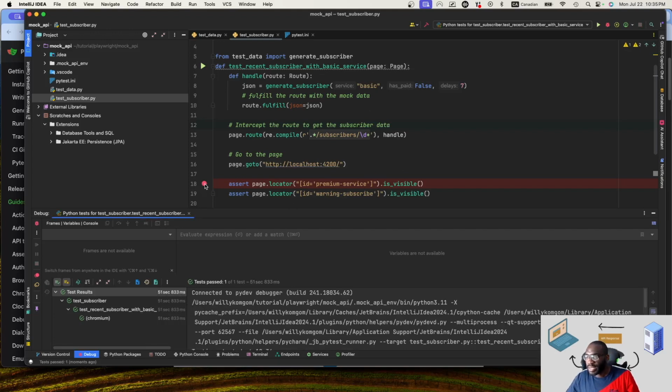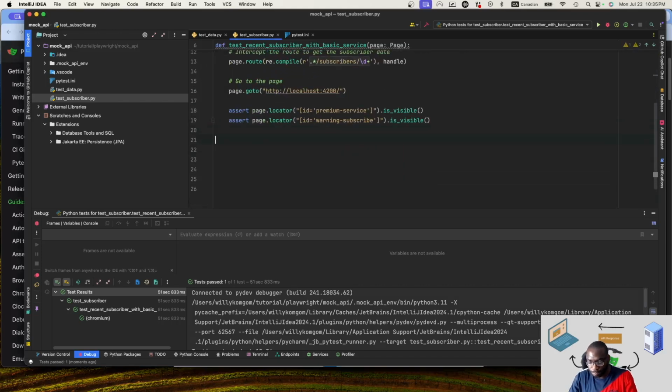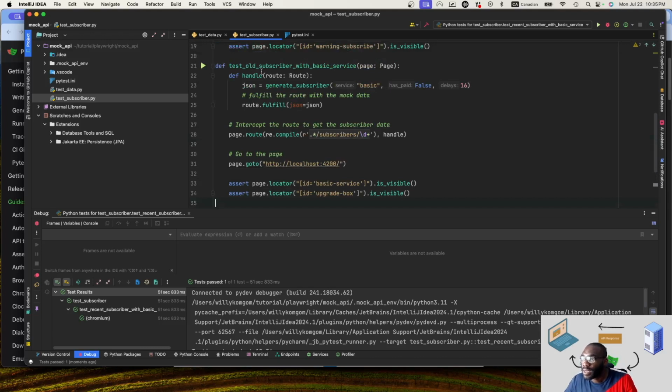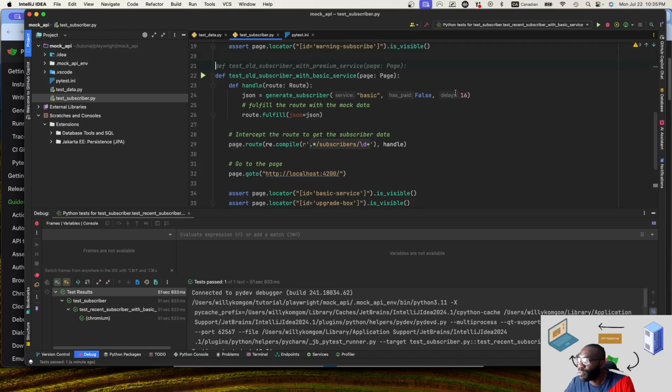So if I continue, I can have a second test case where we will validate that after the 15 days, if we didn't pay, we don't have access to the same element on the web page. So if I go there and I implement this method, in this case I provide a delay of 16 days. So I fulfill the route, and it's basically the same, but we should just see a basic service and an